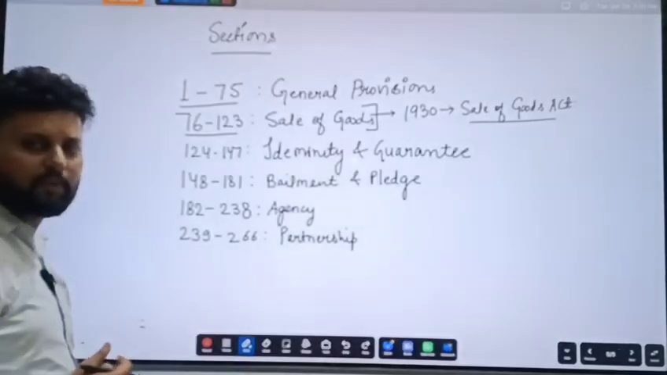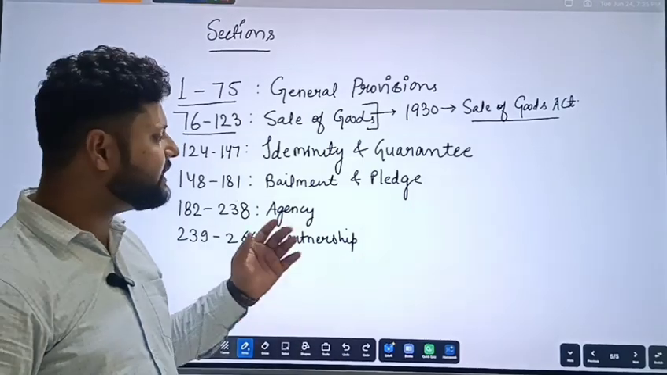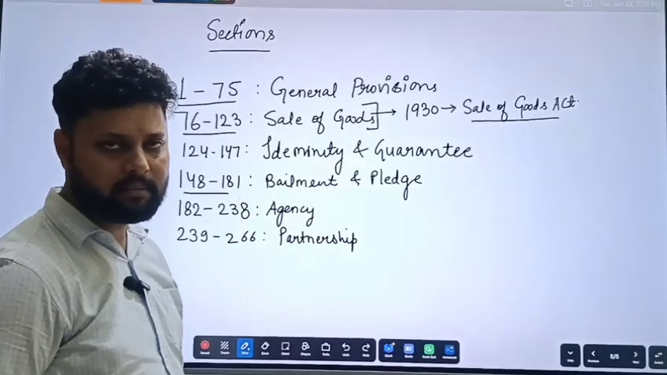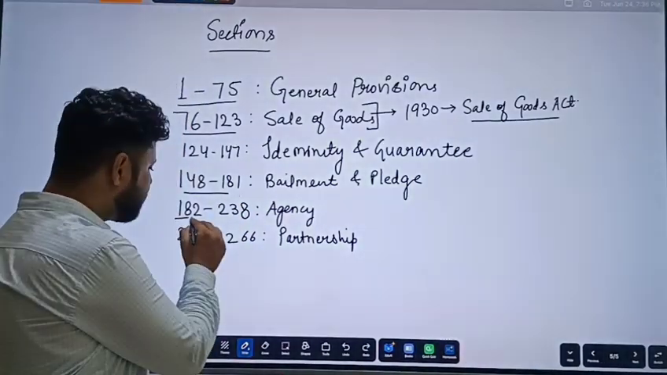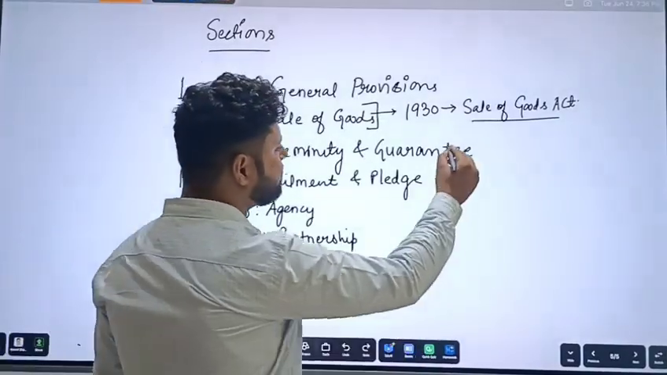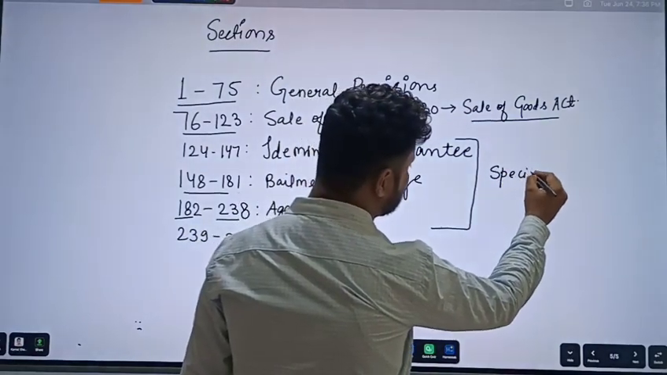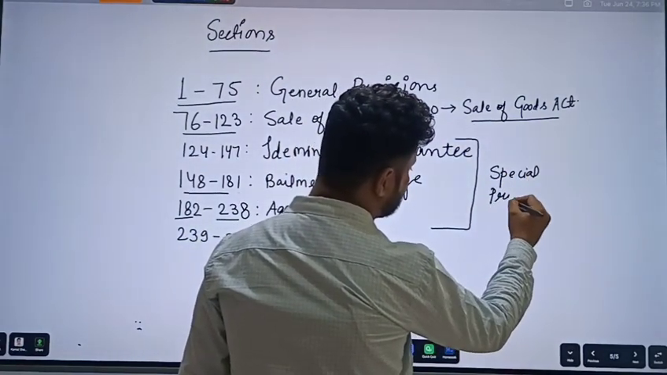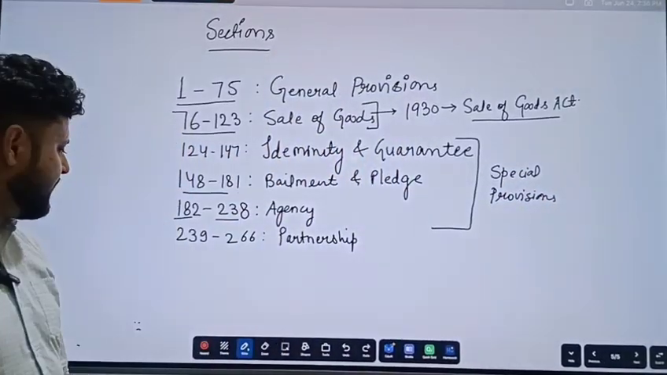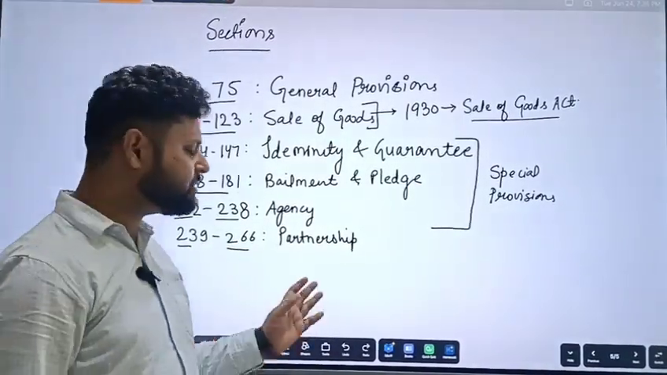Okay, sections 124 to 147 are all about indemnity and guarantee. Sections 148 to 181 are all about bailment and pledge. Sections 182 to 238 are all about agency. These are special provisions of contract. And sections 239 to 266 talked about partnership, but